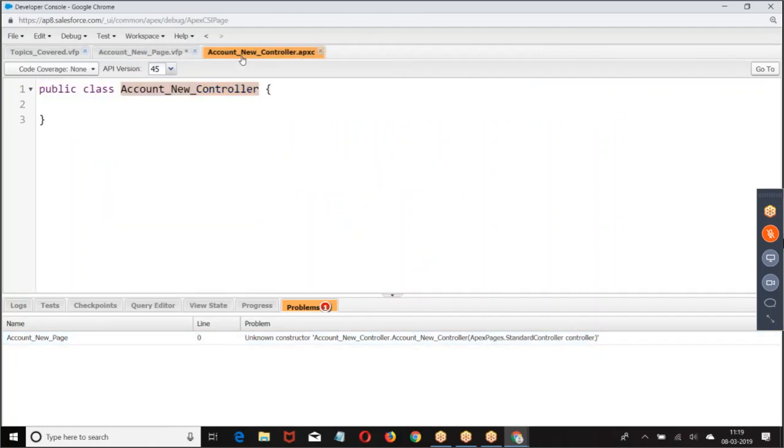If you want any Apex class to be used as an extension, that Apex class should have a constructor with a parameter. Generally, if you want to use any Apex class within the VF page, there are no parameters in the constructor. Am I right? But here, if you want to define any Apex class as an extension, we need to have one parameter here.